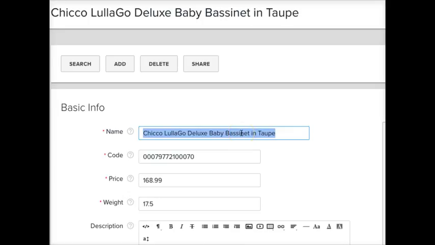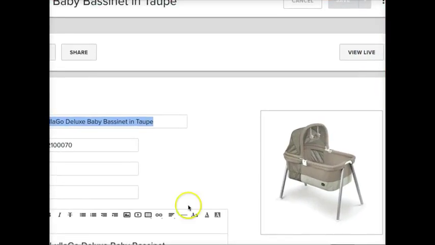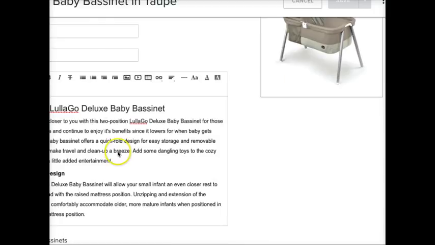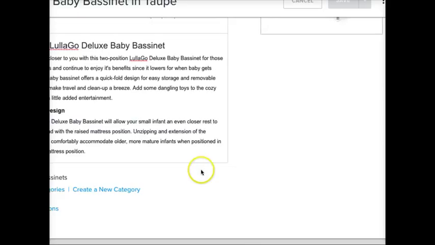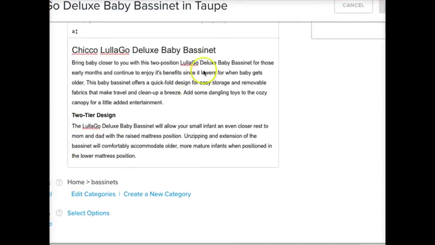Now, of course, they're seeing all the other words in the page too, but this one is starting to stand out, right? And then they go on down analyzing the rest of the page, and they see our image, and there's an alt tag, our photo alt text. Well, guess what? That also carries Deluxe Baby Bassinet. So now Google is 100% certain, yes, this page is about Deluxe Baby Bassinet, and then they see it in the description of the page.